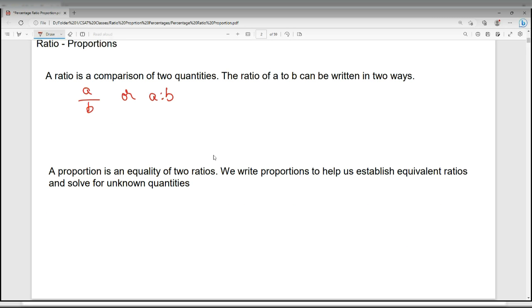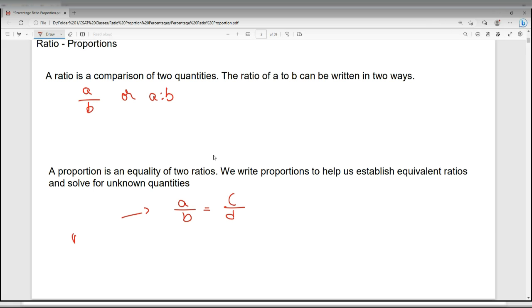We write ratios as proportions to help us establish equivalent ratios and solve for unknown quantities. For example, A by B is equal to C by D. This is a proportion. And why do we use such proportions is because we need to find out the